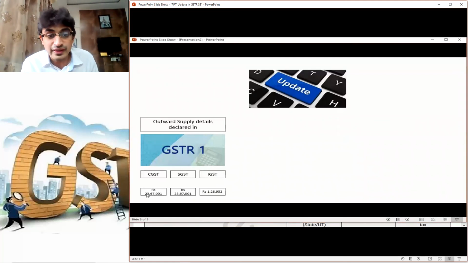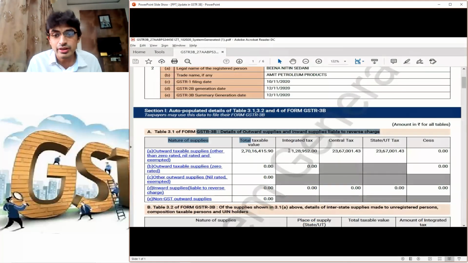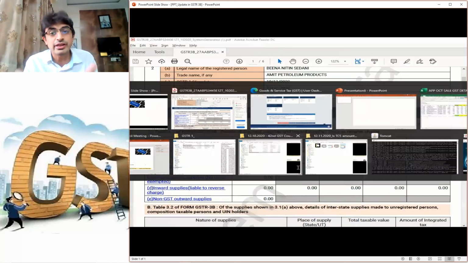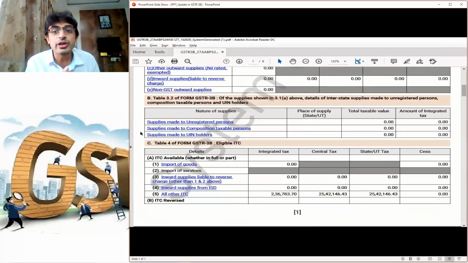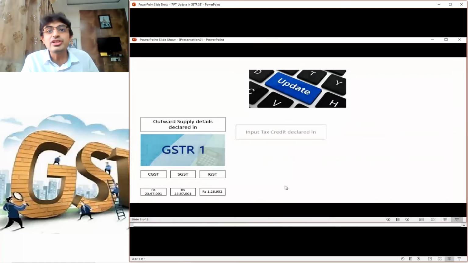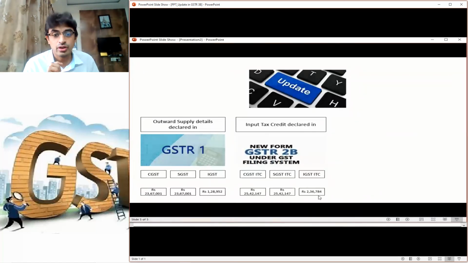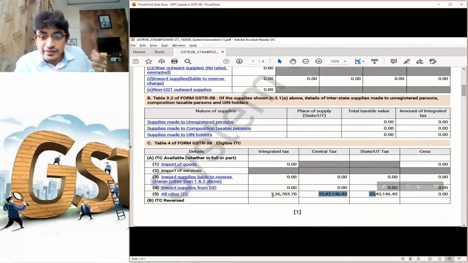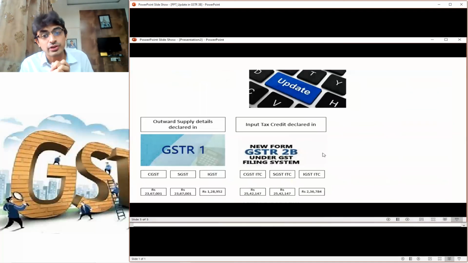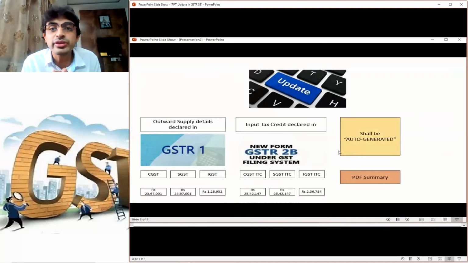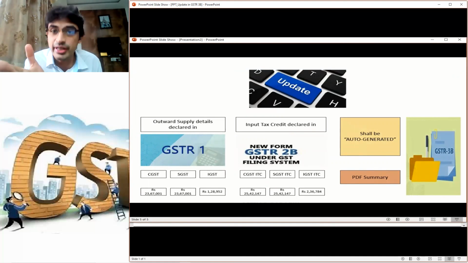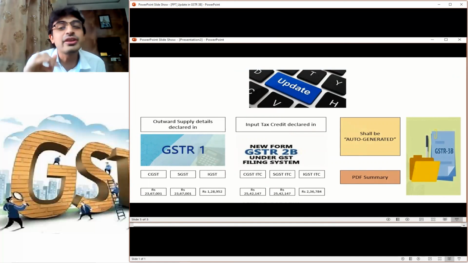So what was details? Say my CGST was 23 lakh 67. It is matching. This is your auto generated. My IGST was 1 lakh 28. That is also matching. And now come down, through the GSTR2B from your suppliers, you will get 2B, which details shall get auto populated again. So my CGST ITC is 25 lakh 42, which is there. And my IGST ITC is 2 lakh 36. This is also there. Both these things are given to you as auto generated PDF summary, which you can download. Okay, so this is the big update.